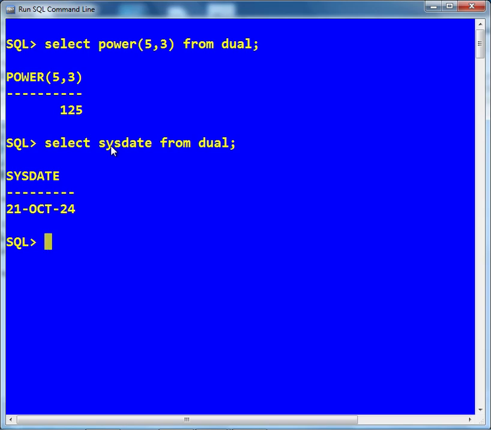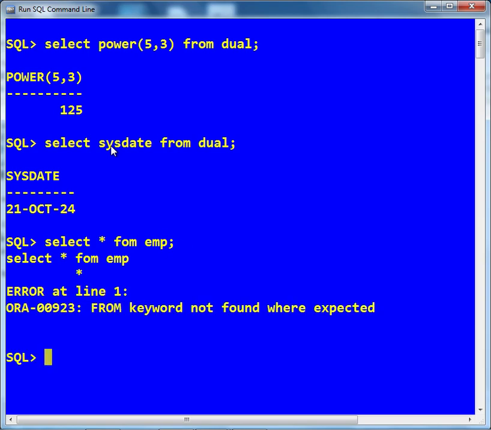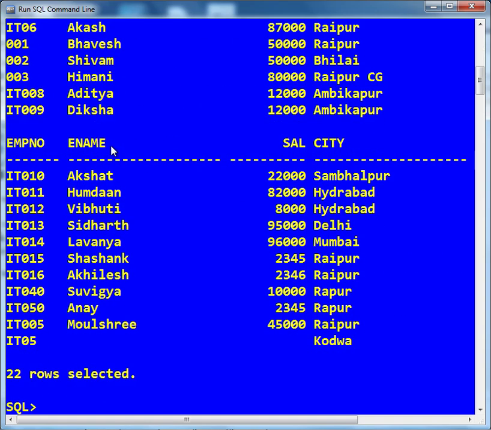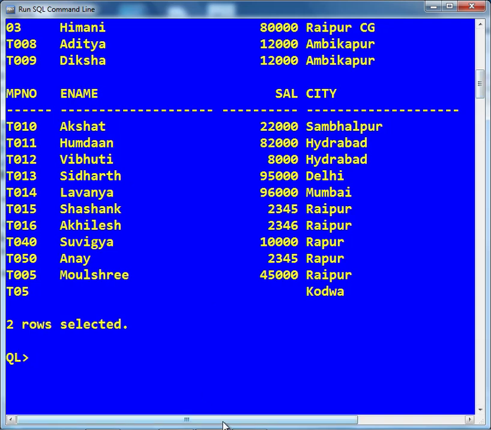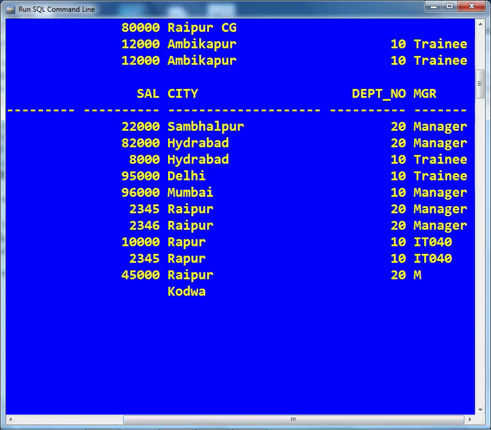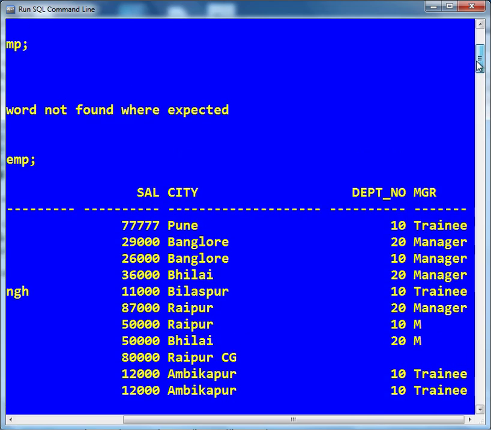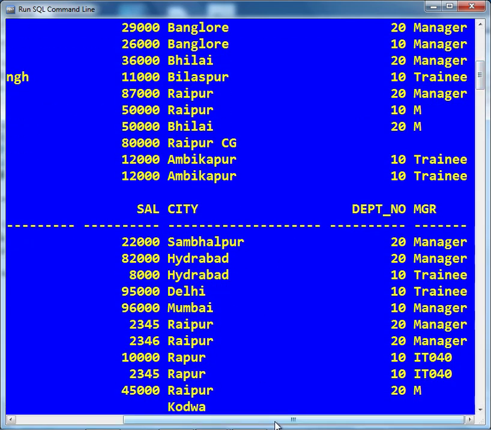Now see the EMP table. Select star from EMP. So this is the EMP table available with me, and here I can see I have different columns.